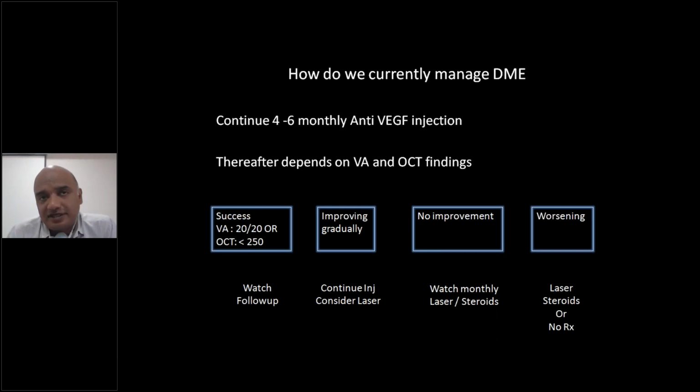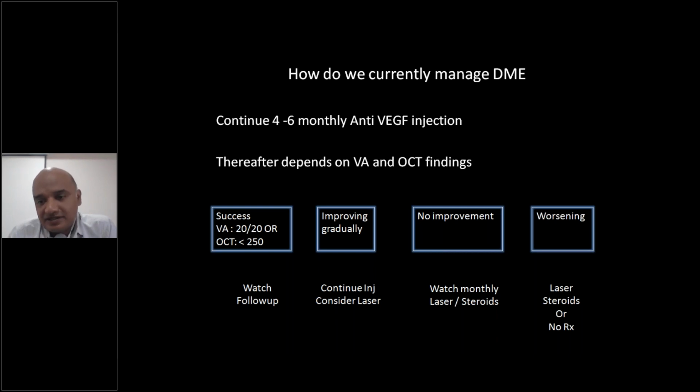It converts hypoxic retina into anoxic retina. So anoxic means absolutely no oxygen is required. The retinal tissue is completely burnt out and damaged. So once no oxygen is required, there is no proliferation of VEGF. So that will decrease the formation of new vessels, and that is why we give lasers.